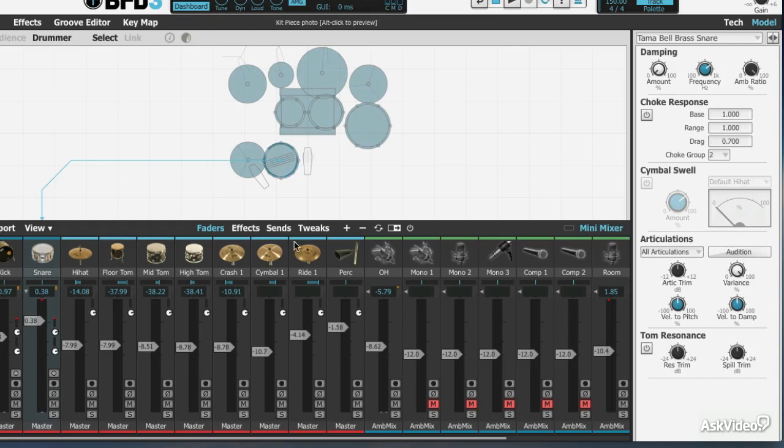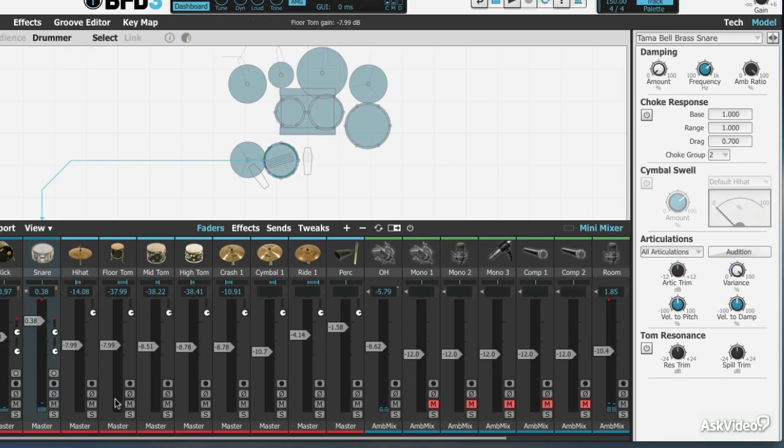You'll notice some of these features pop in and out as you go, because you don't need a cymbal swell feature necessarily on the snare drum, and you don't need tom resonance on the cymbal. So tom resonance is how the toms react to you hitting other drums. When you hit a snare drum, because the toms are close, the vibrations actually make the toms ring out a little bit. So right now I have it off, so when I hit the snare drum,